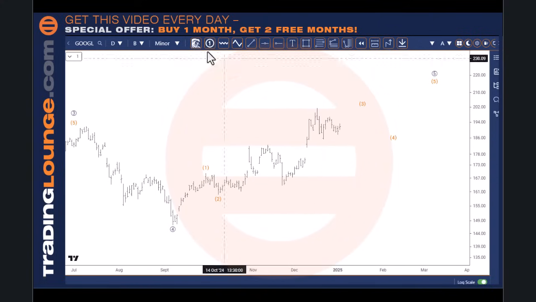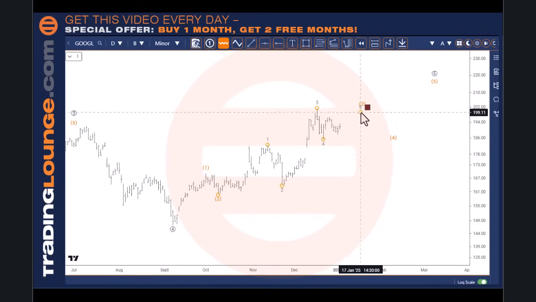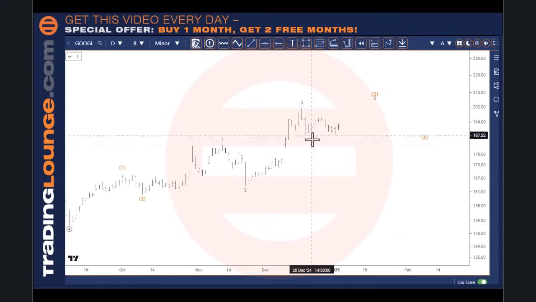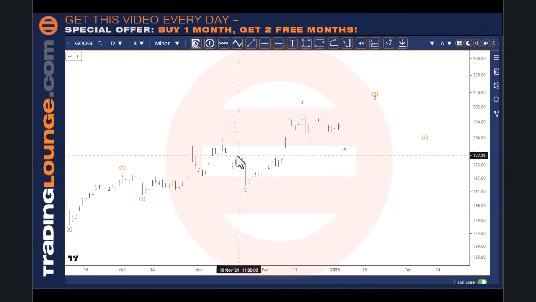So I think the best bet for this so far is that if we take this low here and look at this here as 1 here and 2 here, and we'll just see how this travels. This is 3 here, and then the wave 4 here, and then wave 5 over here for that. Okay, now this little move from the top here coming down here looks a little bit impulsive, so this wave 4 will probably need to go over here, but at the same time we kind of want to keep it above this